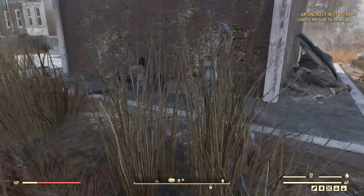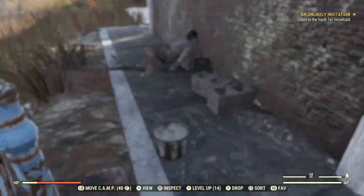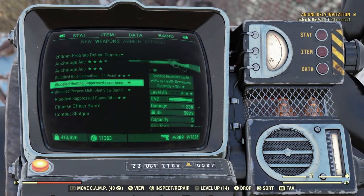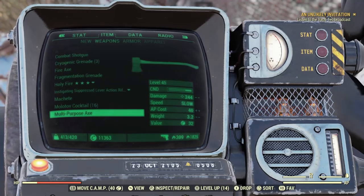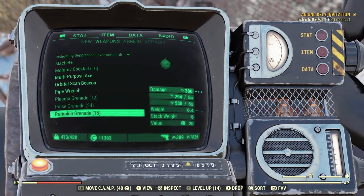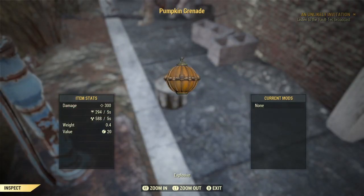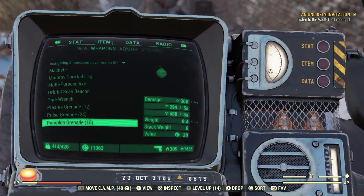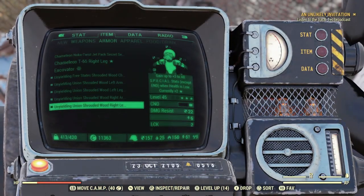Alright, so you give 10 to him. He gives you some grenades, which I don't know if I have any pumpkin grenades on me. Yep, I do. These are the pumpkin grenades right here. He gives you, I want to say, 3 of these and a bag of seeds, which will let you make some more. They're my favorite kind of grenade in the game. They're not really that powerful, but they are kind of fun. But anyway,